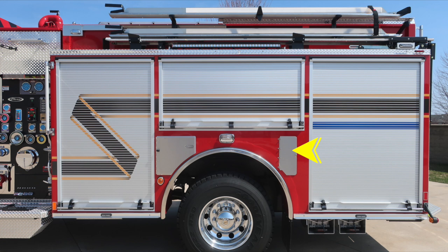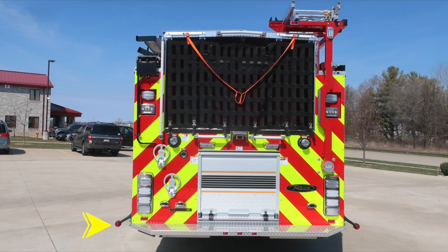Also directly over the rear axle, you'll find an emergency warning light. As we move up to the very top section, side facing scene light. And then moving further to the rear, emergency warning light. And at the very top section of the body, this is going to be the hose storage location for your rigid drafting tubes. As we move around to the rear of the apparatus, we have a marker turn indicator down in the lower section,